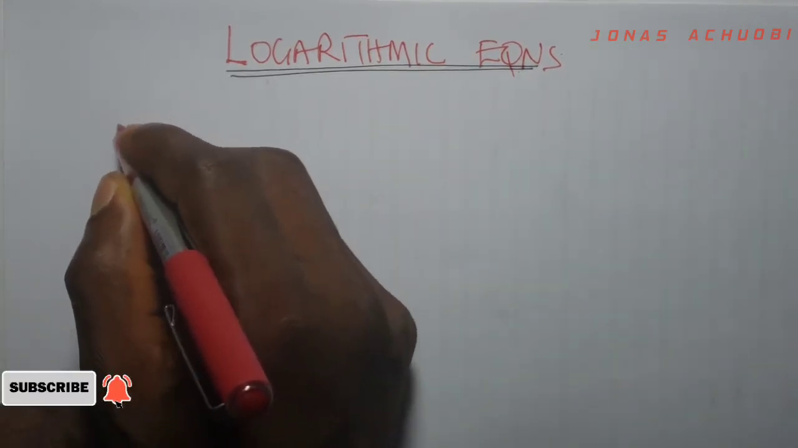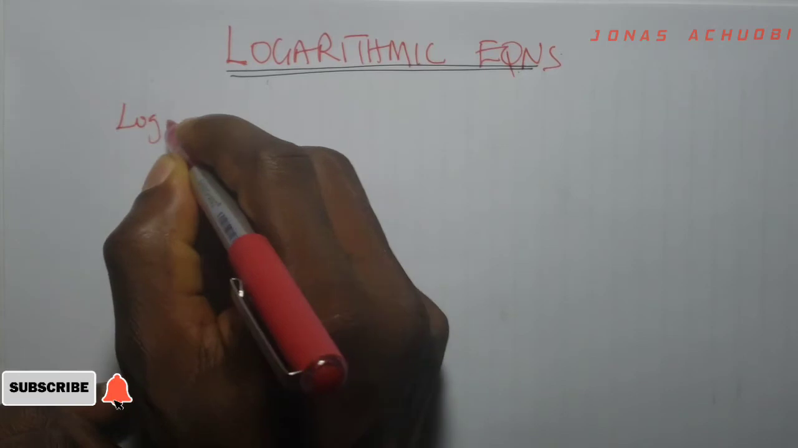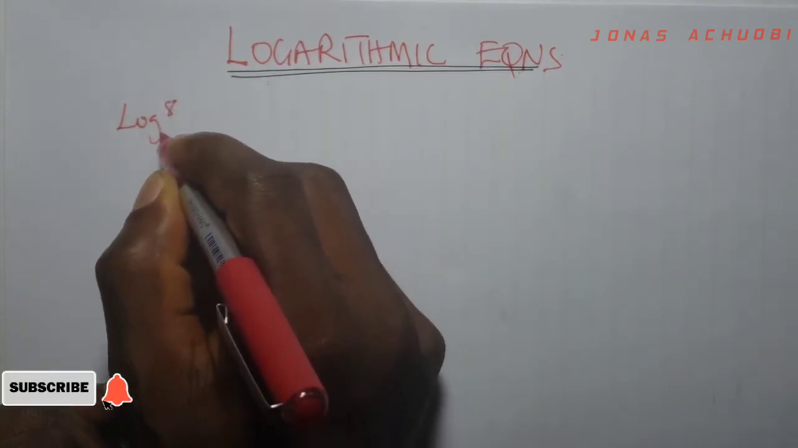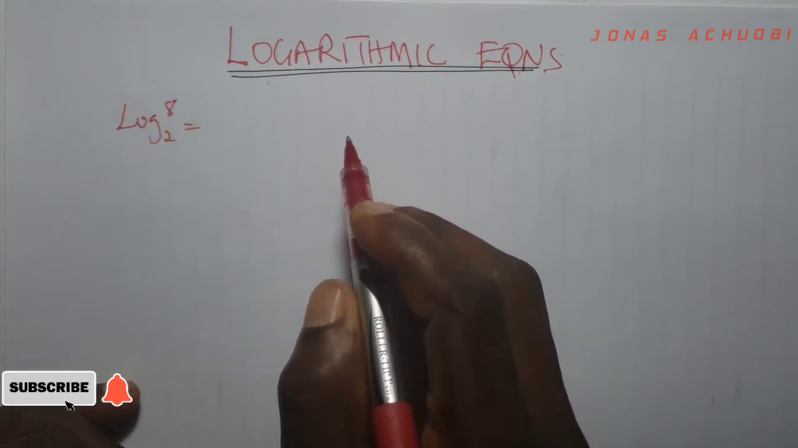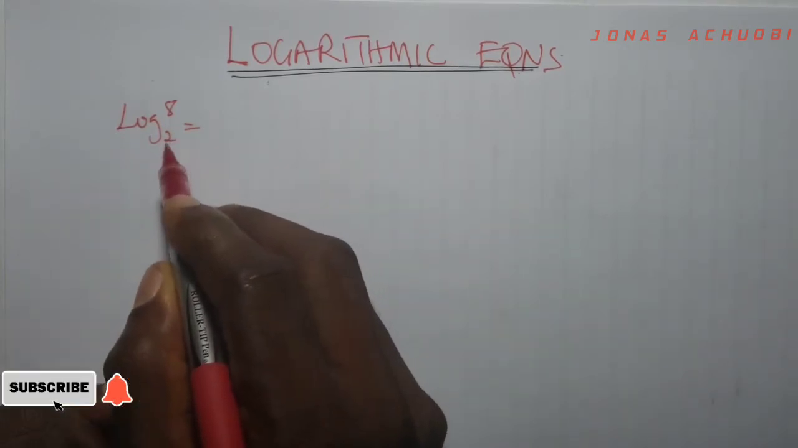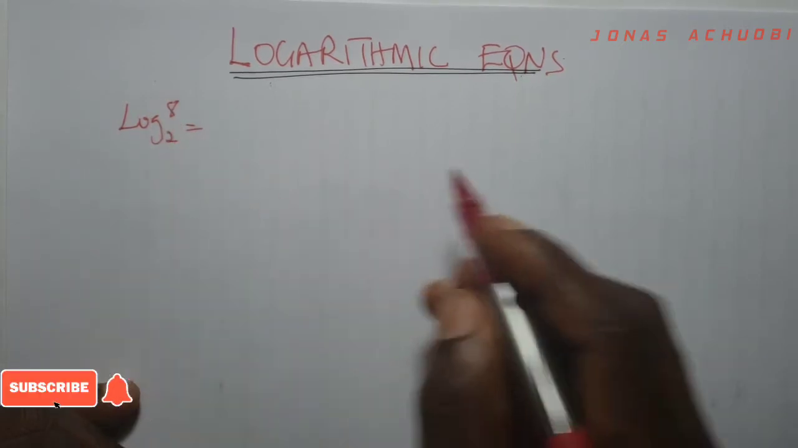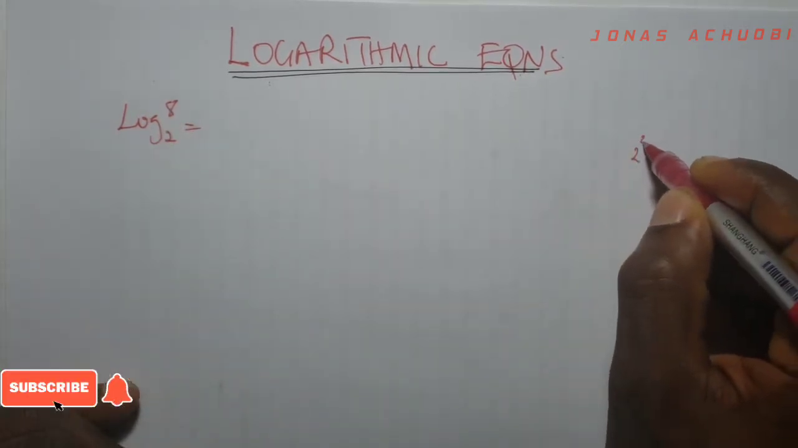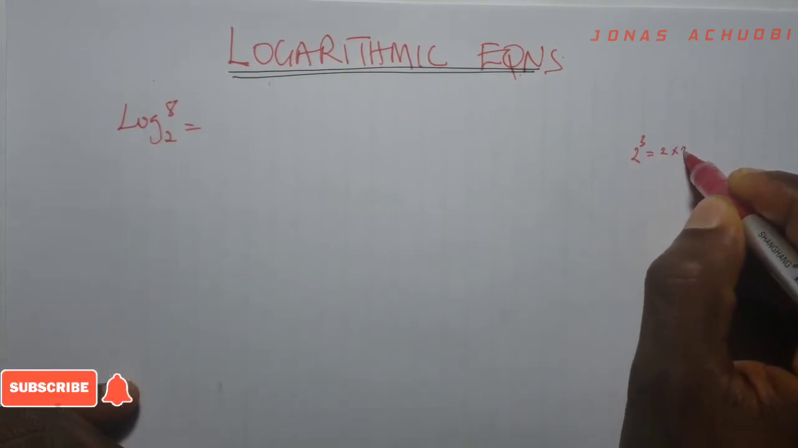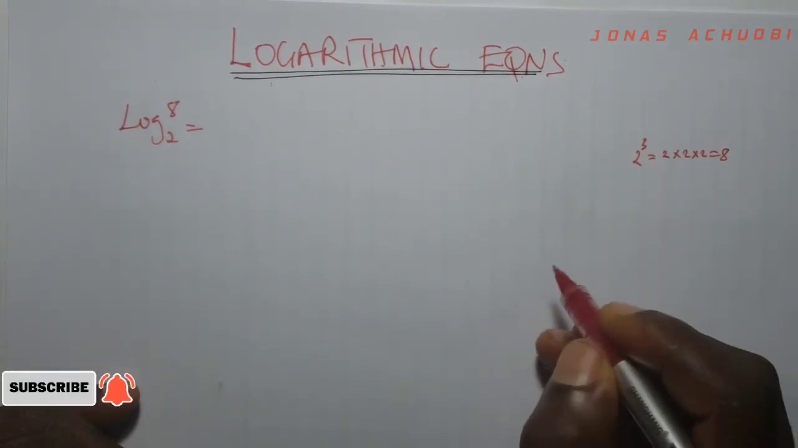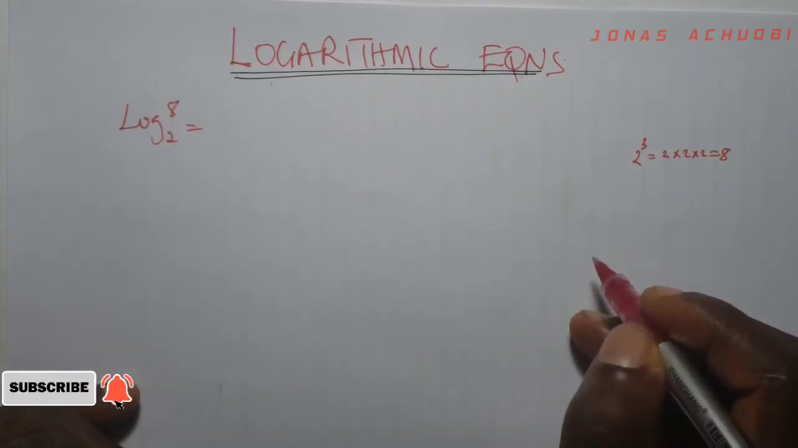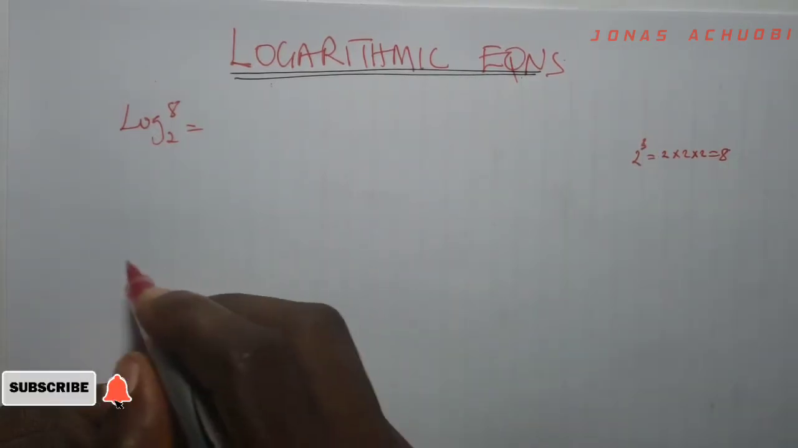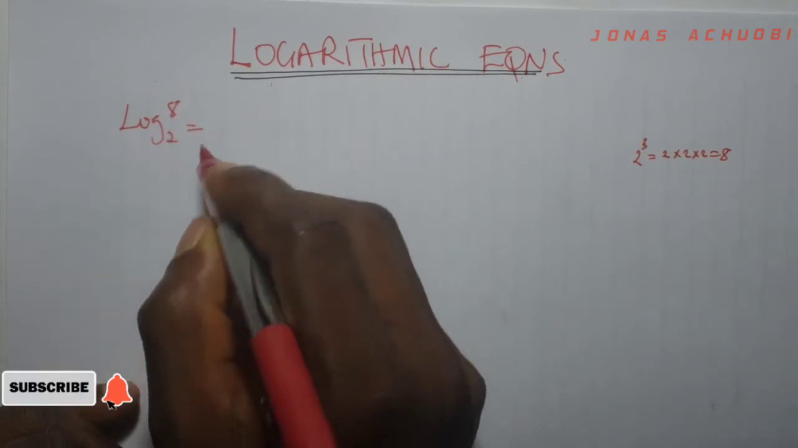Number 1, if you're asked to find the logarithm of 8 to the base of 2, what does it mean? This simply means you should find the power to which 2 must be raised to get 8. And we know already that 2 raised to the power 3 is equal to 2 times 2 times 2, and that is 8. Meaning that if you raise 2 to the power 3, you get 8. Since 2 to the power 3 is 8, it simply means that the logarithm of 8 in base 2 is